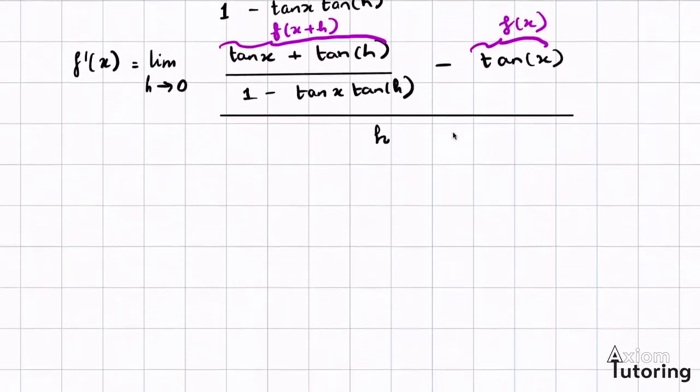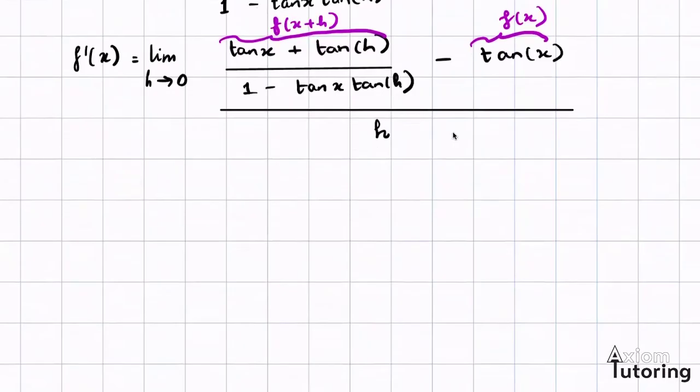So the first thing we might want to do is to try and combine the two terms that we have in the numerator into one term. And we need to do that by making the denominators the same and combining these fractions. So if we think of tan x as being over 1, it'll be easier to multiply the denominator of our expression here by 1 minus tan x tan h. So if I write that out,